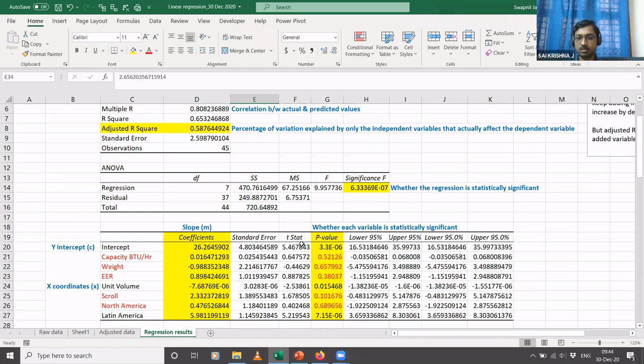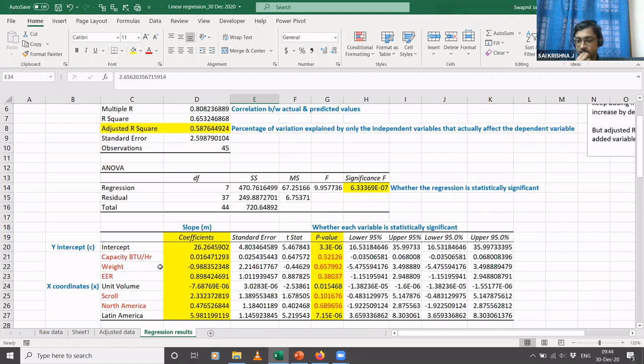That is what they say, right? It's a rule of thumb or something like that. So like that, we definitely have to remember that small rule, that 0.05. I am not aware of any software that directly gives you only the significant variables, but all software give you the p-values against each of these variables and then allow you to take a call on whether that variable is significant or not.